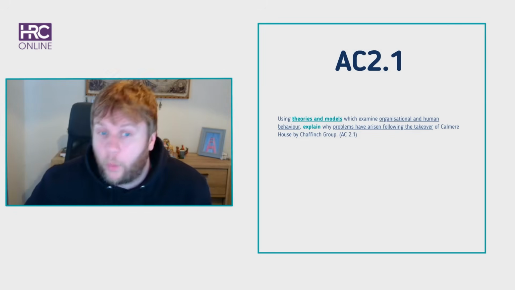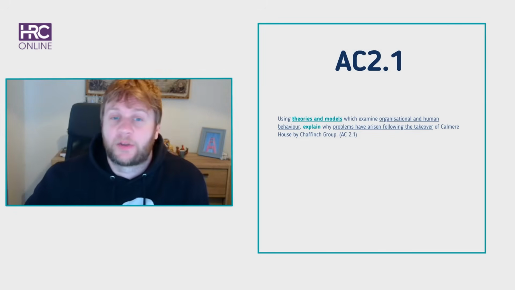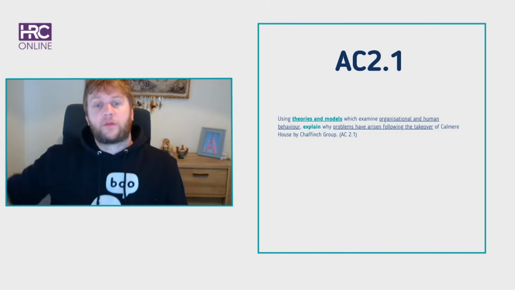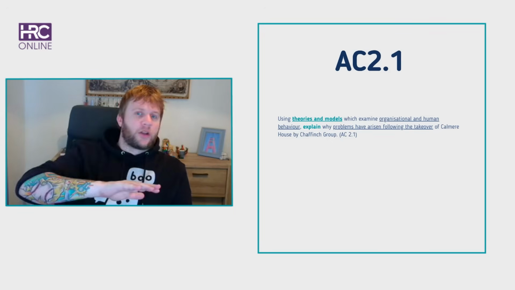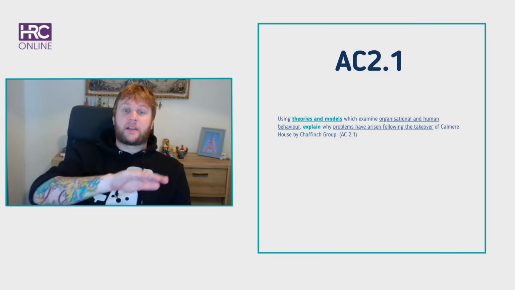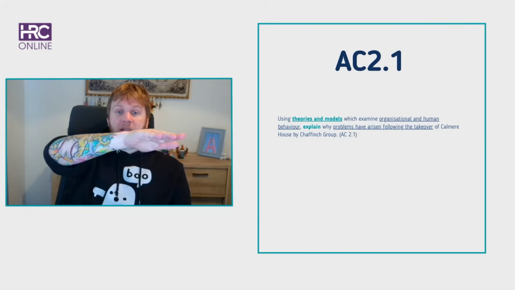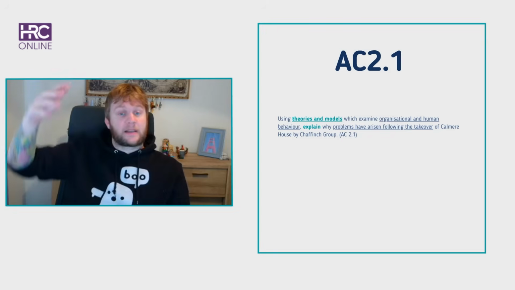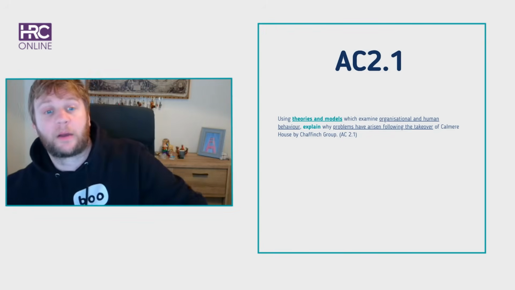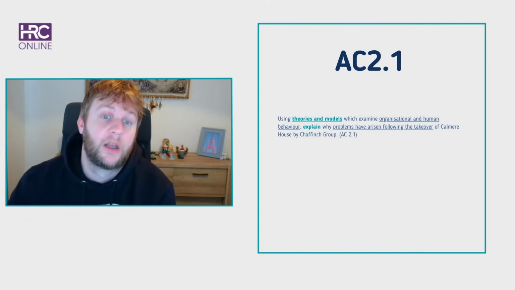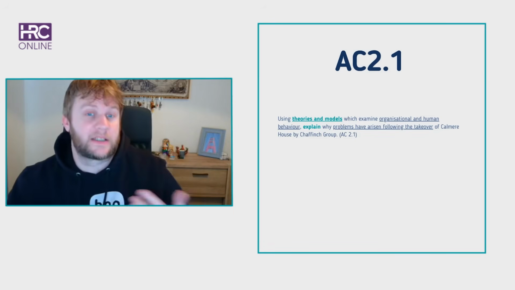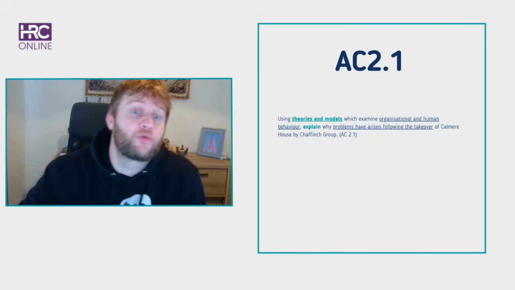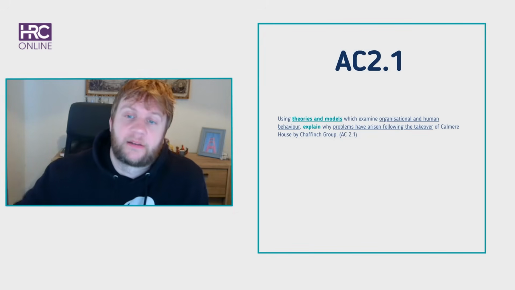Evidence, why have they arisen? What stages are they in? So if you think about something like a change curve as a really good example, or a Kubler-Ross curve, I'm not going to describe it because obviously that's giving the answer, but if you think how people come in like this, then they go like this, and then it slowly comes up like this, and that's how the Kubler-Ross model works. You might want to research that, you might want to look into that particular model about how it impacts people and staff and feelings, and you've got turnover rates, and you've got change that breeds change, and you've got all these different really interesting theories that I would recommend that you read.